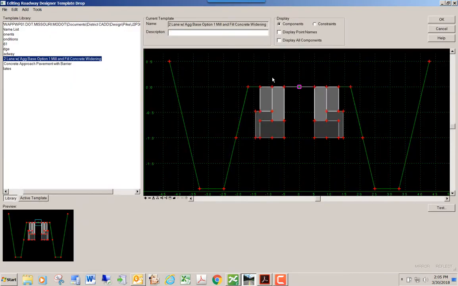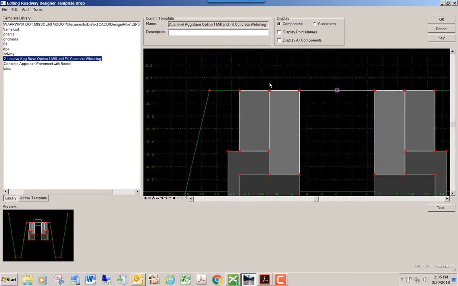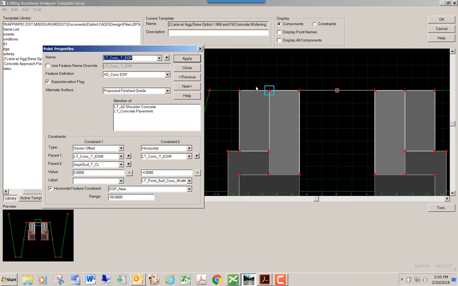And the parametric constraint that we're going to try to control is going to be this one right here. This is my pavement width. This is where my pavement starts, pavement ends, and typically if you want to wipe out an element or control its width, you go to the point that's actually defining the width of it, and it's going to be this one or that one. And so if I double click on that,